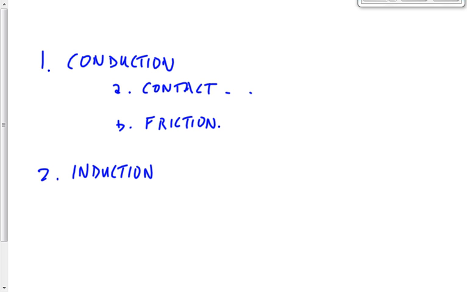Friction is the one we talked about first, actually, yesterday. Friction is when we just rub two objects together. Okay, one becomes positive, one becomes negative. Or if those two objects have charges that are different than neutral, they're not neutral to begin with, then one might become more positive and one might become less positive. Or one might become more negative and one might become less negative. Bottom line is total charge has to remain the same. All we're doing is transferring electrons from one of them to the other via the energy that's supplied by rubbing